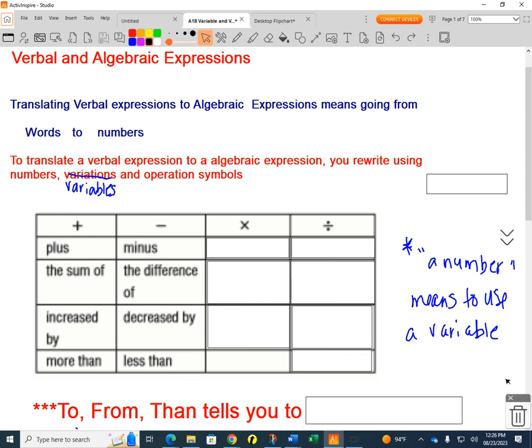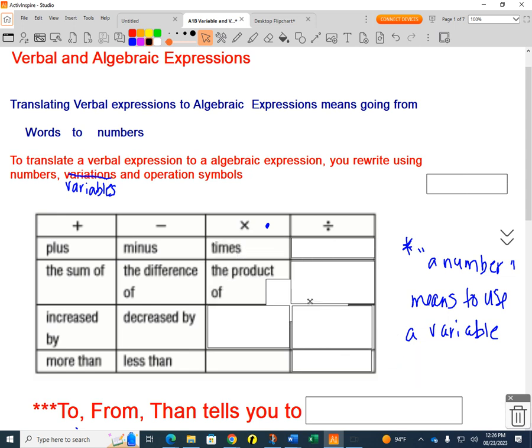Alright, so we don't normally use an X in multiplication, so let's put a dot here. We're either going to use a dot or parentheses, so instead of an X, let's put a dot. We already talked about time, so I'm going to move through that one a little quicker. We talked about that at the beginning of class. So times,